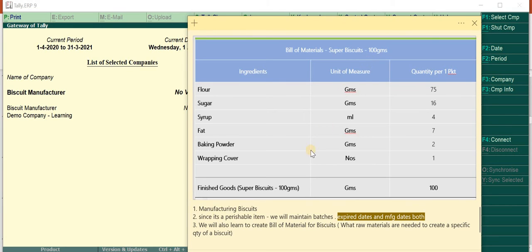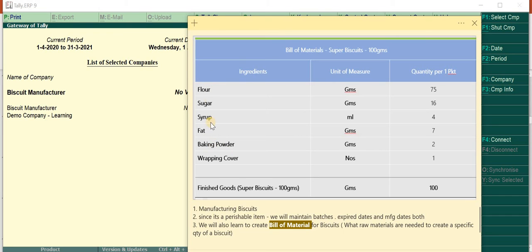Okay, now we will talk about what is bill of material or BOM. So bill of material or BOM is, suppose you have to prepare biscuits. Okay, so the materials that will be needed to prepare biscuits are these.